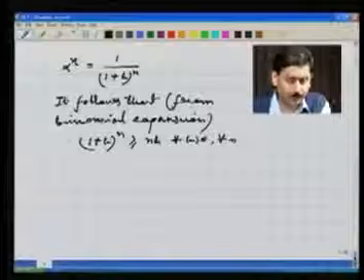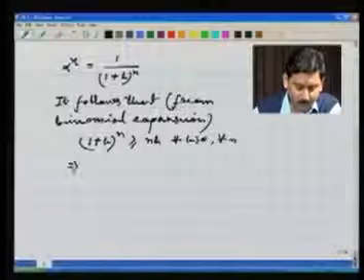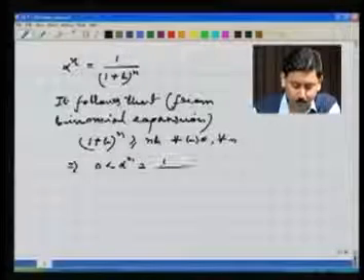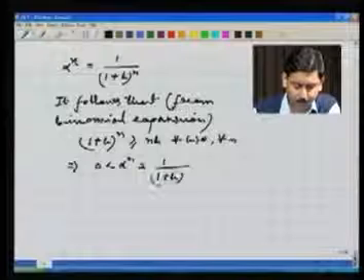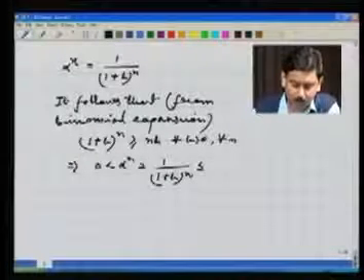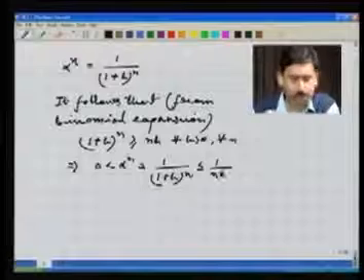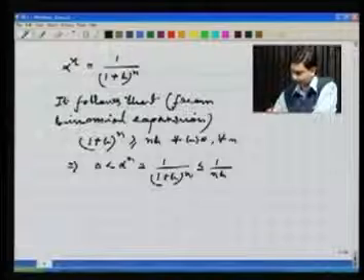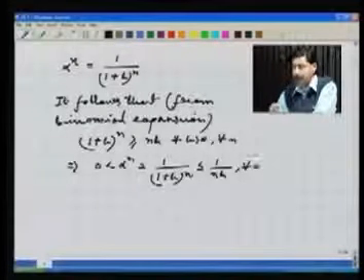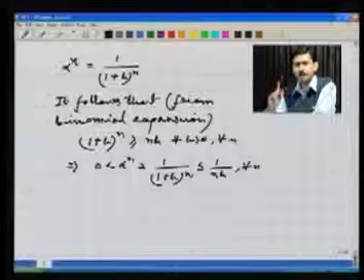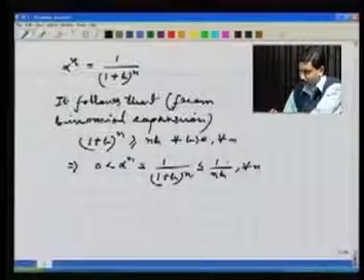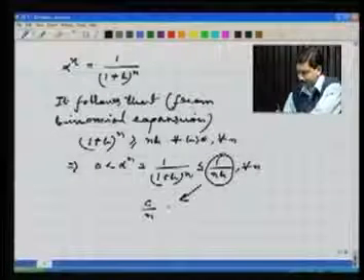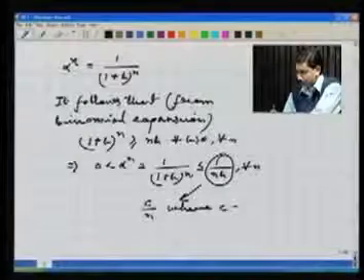Well, what is the consequence then? This implies that 0 is anyway strictly less than alpha to the power n, which is 1 by 1 plus h whole to the power n, which is now less or equals to 1 by nh. Notice that in the whole discussion h is constant, so this is true for all n. Once alpha is given, h is fixed. So this is of the form some constant c by n, where c equals to 1 by h.